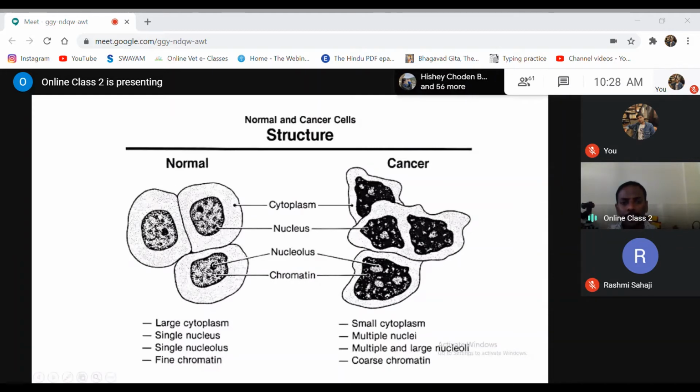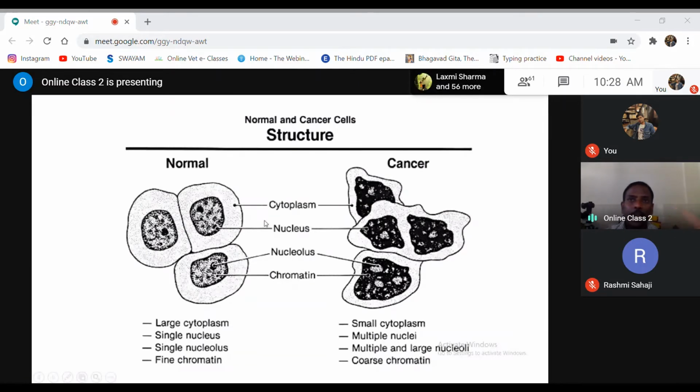And the cells are of similar size. You look at the size of the cells. So in the second picture, this again is a schematic, you can find the amount of cytoplasm is less and the nucleus is larger in size. So that is the first major feature you can find. The nucleus will be larger in size. There will be an increase in the nuclear cytoplasm ratio.